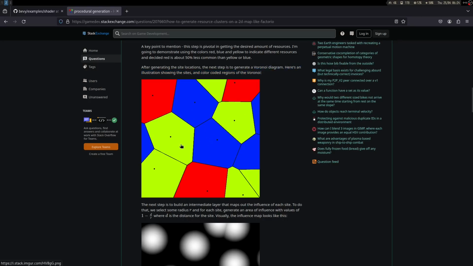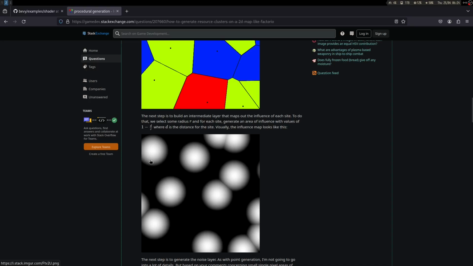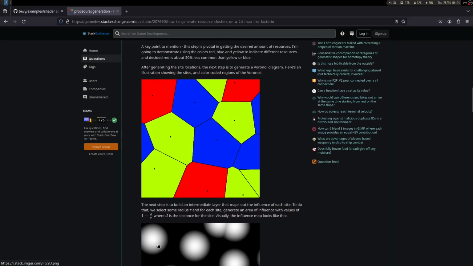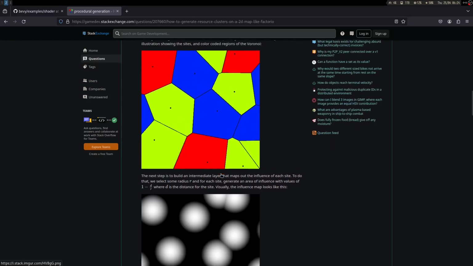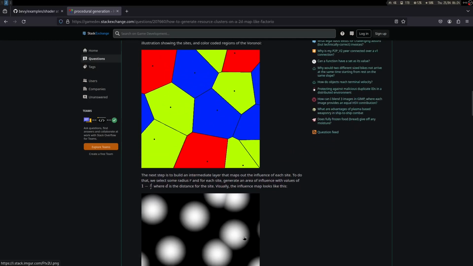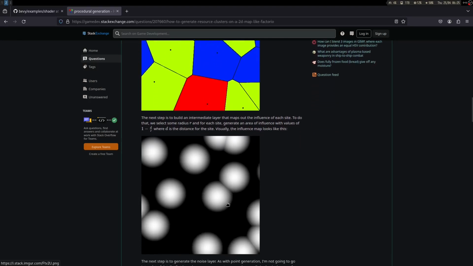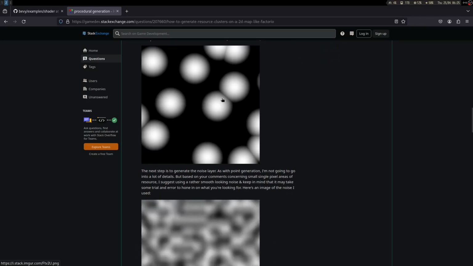I guess it's a bit useless because the next step is to use the points as circles again. Well, kind of, but we get the circles, and then we use this height map, we invert the height map,